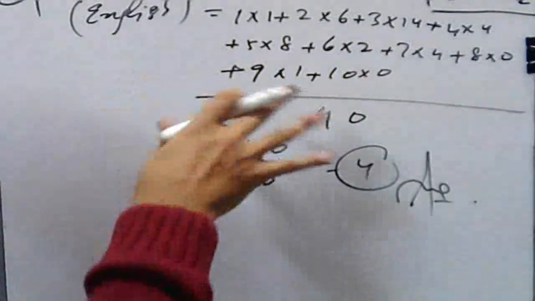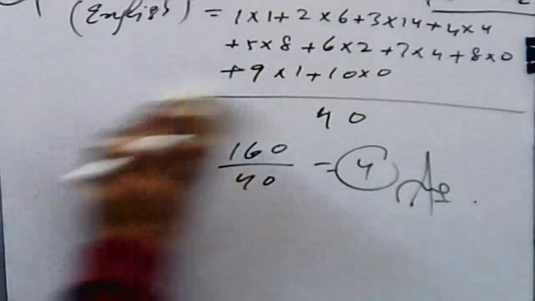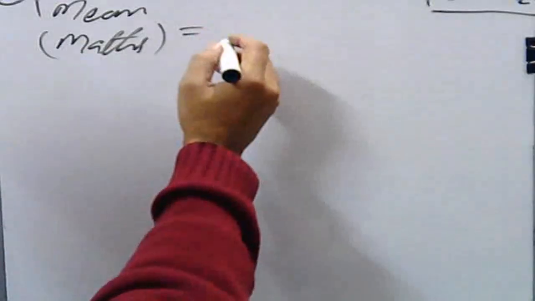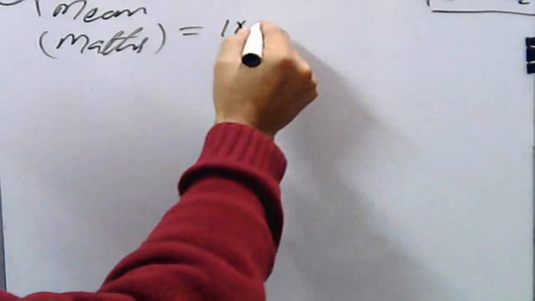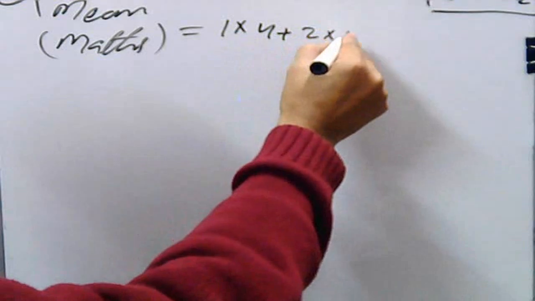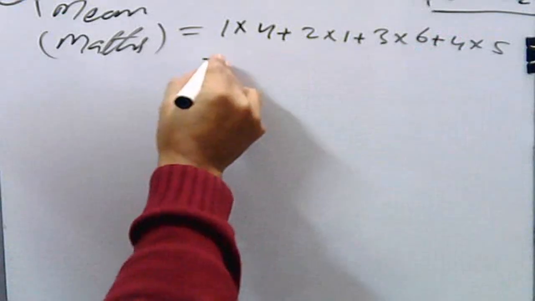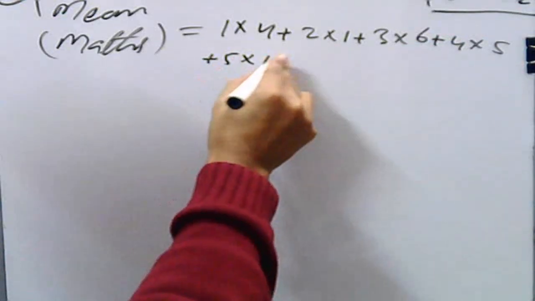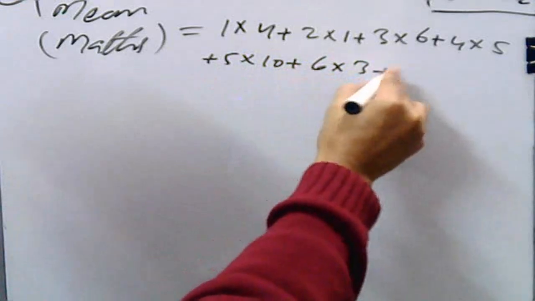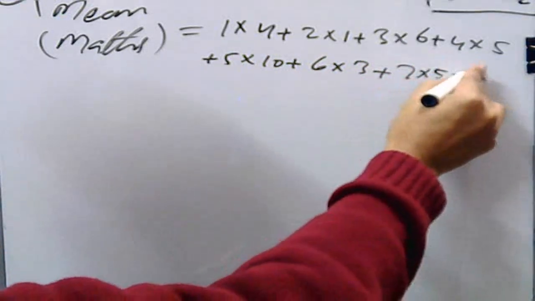Once again you can see here for mathematics, how can you find? By the similar way. No change in this process, that is regarding maths. How can you find? That is equal to the similar way, that is 1 in your table, 1 multiply by 4 plus 2 multiply by 1 plus 3 multiply by 6 plus 4 multiply by 5 then plus 5 multiply by 10 plus 6 multiply by 3 plus 7 multiply by 5 plus 8 multiply by 3 plus